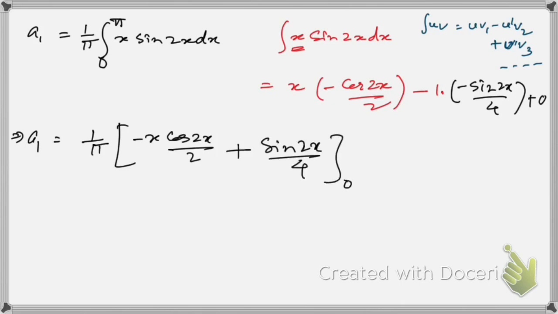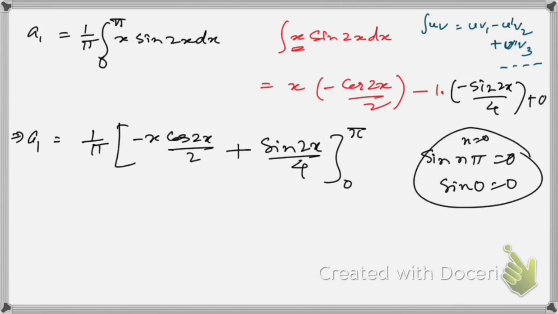That's what we have got, and we are integrating it from 0 to pi, right? So for pi and 0, for both values, this term will be 0, because sine n pi is equal to 0, and if you put n equal to 0, sine 0 is also equal to 0. So that's why we're going to deal with this term only, right? In that case, what you will get,